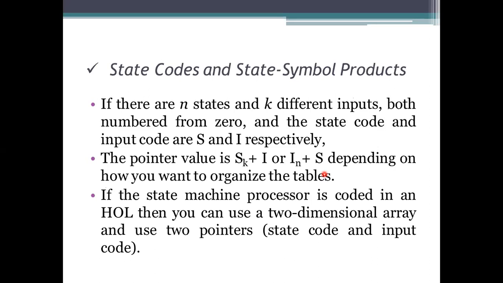The state code and the input code we are using have been taken into consideration. There is a capital S and a capital I here, and we need to use a pointer. Why? Because we need to point to the states, meaning the nodes we have, and also to the input values. The input values decide the state transitions. If you take the correct input value, you will reach the correct state. So for this representation, we are using the states and the input codes